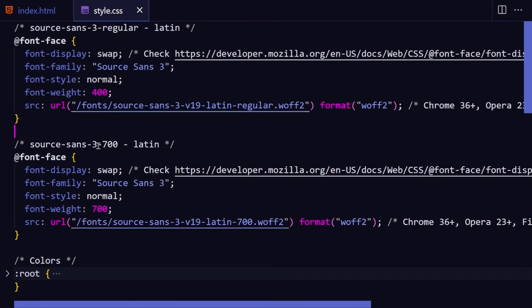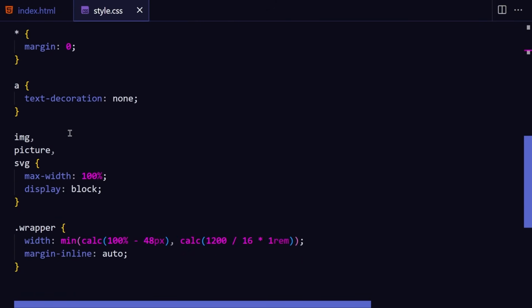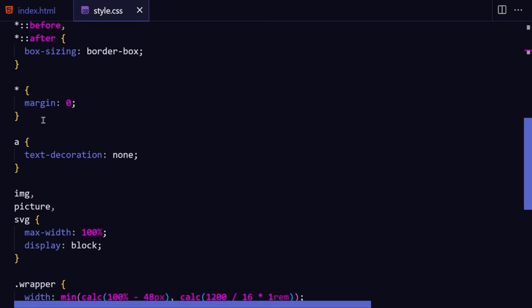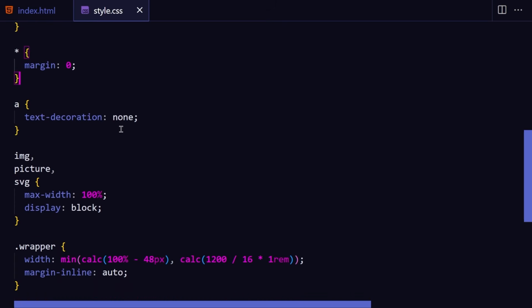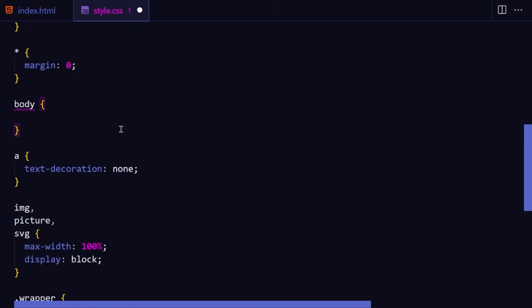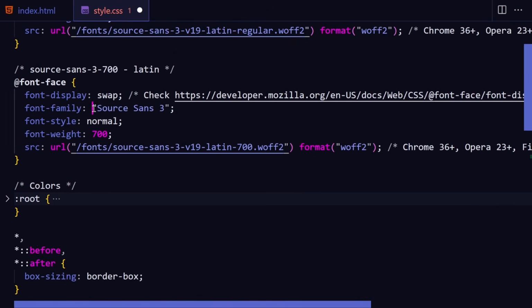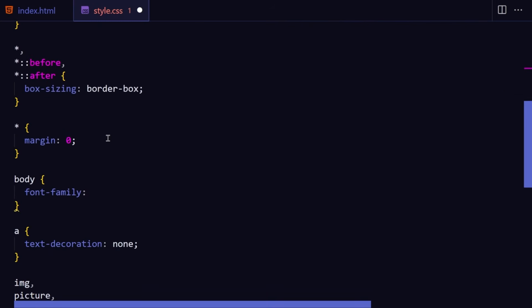So next, what we want to do is we want to set Source Sans 3 to be our default font. So what I'm going to do is go to the top of our styles, maybe after the wildcard selectors, and I'm going to create a new selector for the body tag. And in the body tag, I want to set the font family to Source Sans 3. And again, if you need to get it, we can just copy it from there and